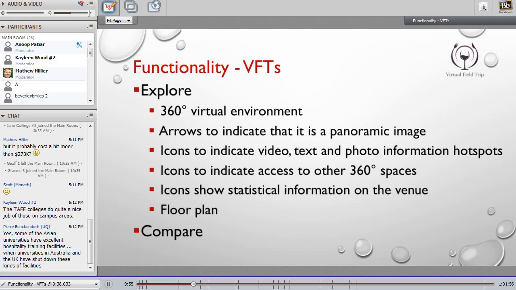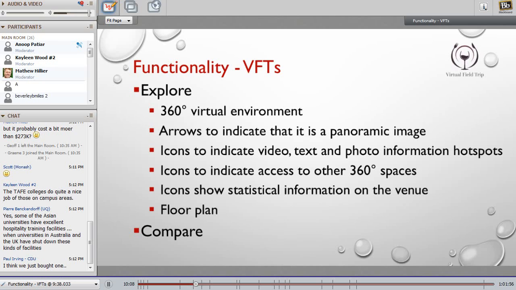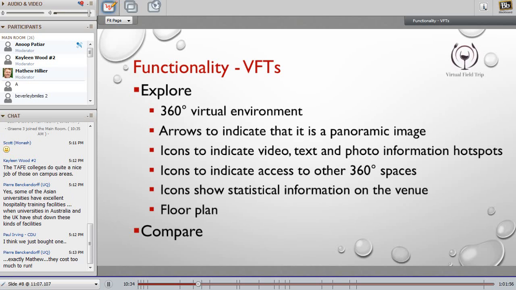So with that useful data which we already had, and the feedback from the students, when we put in the application for the grant, we were to enhance the functionality of the virtual field trip and also expand the entire virtual field trip to multiple properties based not only in Australia, but we tried to attract hotels from Hong Kong, from China, from London.